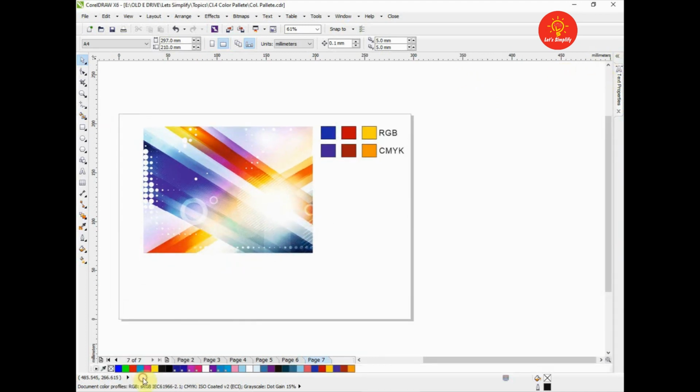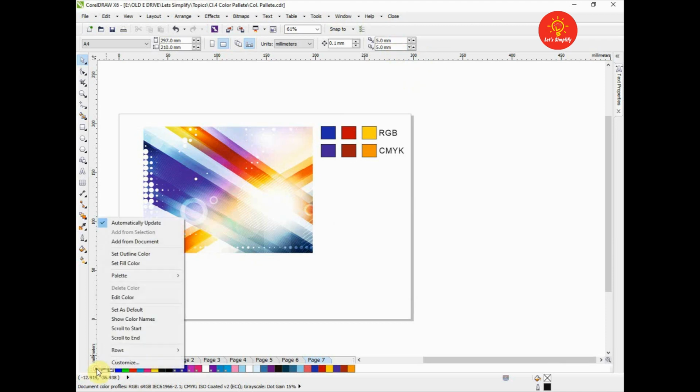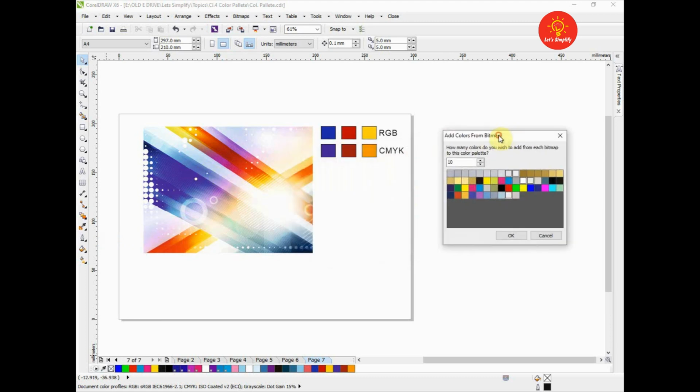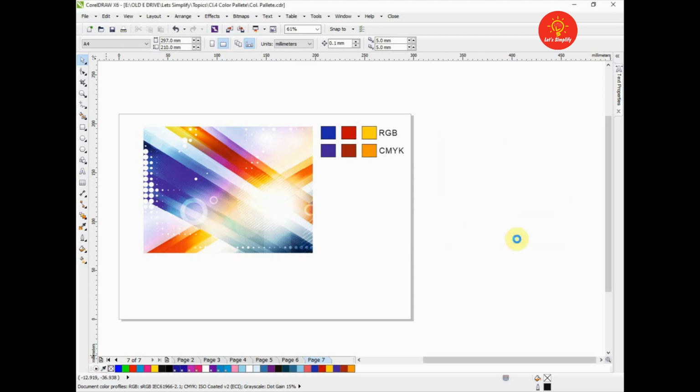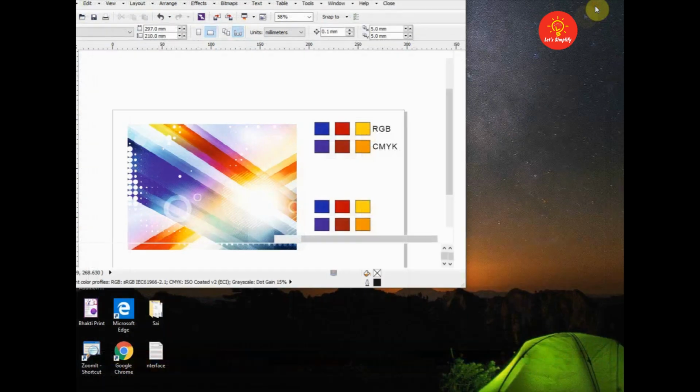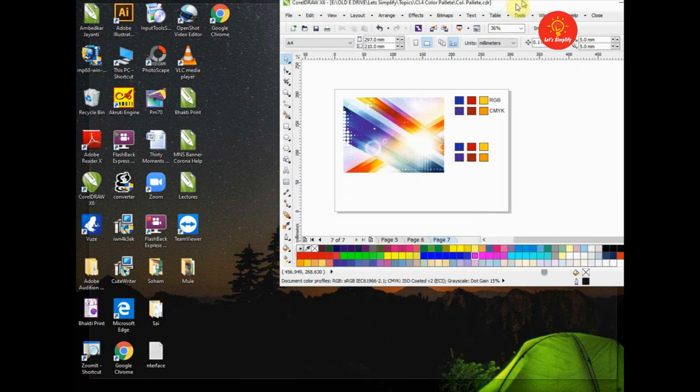We will adjust it to the bottom and click on this arrow and select add from document. By this we can see every color from this image over here. We can also increase the number of colors. So now we can see the same color scheme of this image in our document color palette.